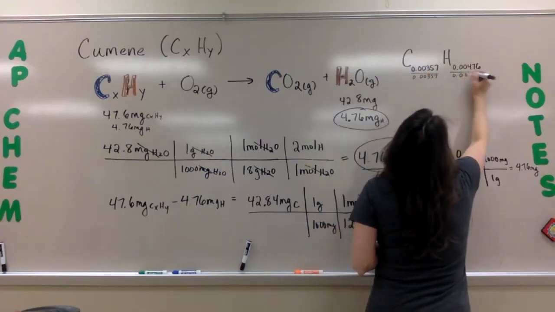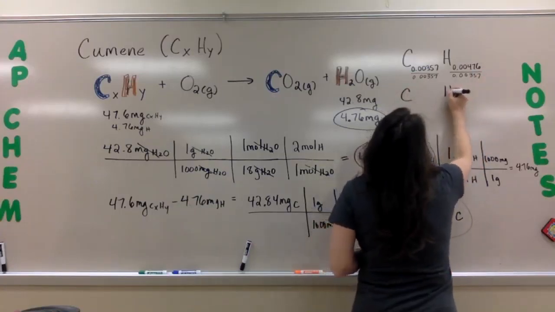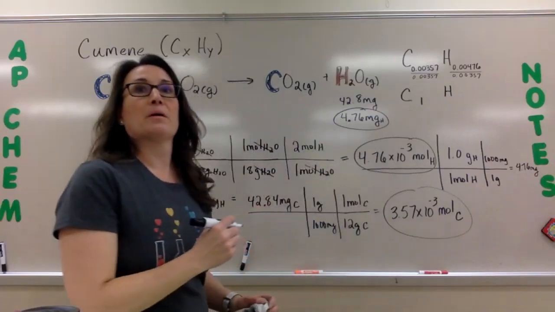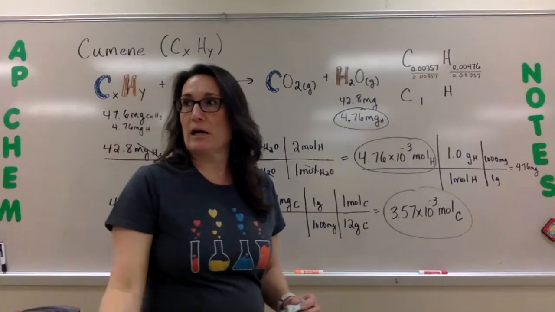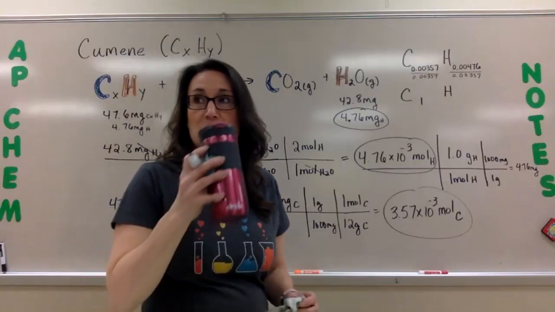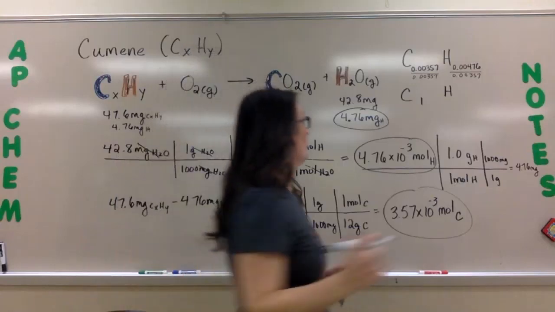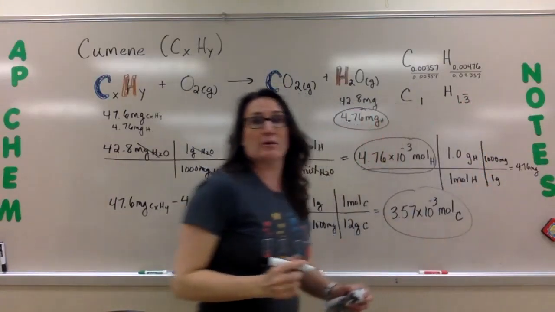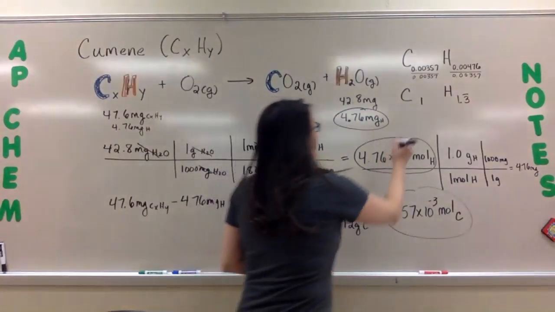What did we get? I don't think it's going to be great yet. We're going to get 1, but I think we're still going to have a mess. Bless you. What did we get? They're checking because they did this one kind of ahead of time. Like 1 and a 3. Okay, so 1.3 repeating. That's okay though. What can we do to get rid of a third? Multiply it by 3, and we're going to get